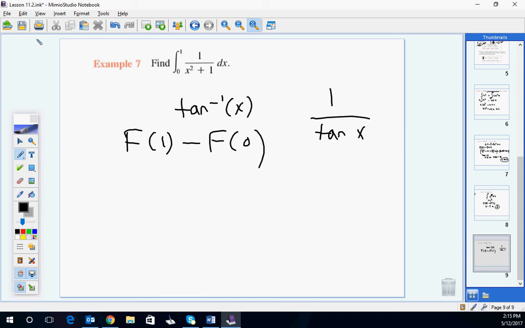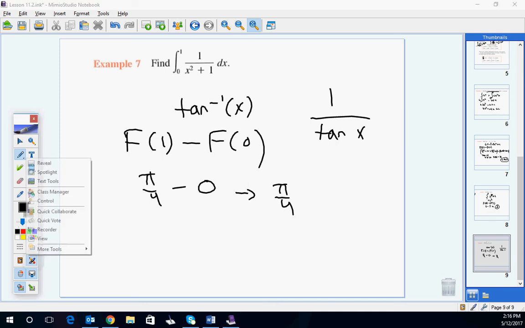Root 2 over 2 over root 2 over 2 is 1. So this right here is pi over 4. This right here is 0. Tangent 0 at 0. Okay, so the answer is pi over 4. And even if you put it in your calculator, it should give you the same thing. Pi over 4, so you'd get like 1 point something, or a little bit less than 1. No, it's like 0 point, yeah, a little less than 1. Okay, all right, so